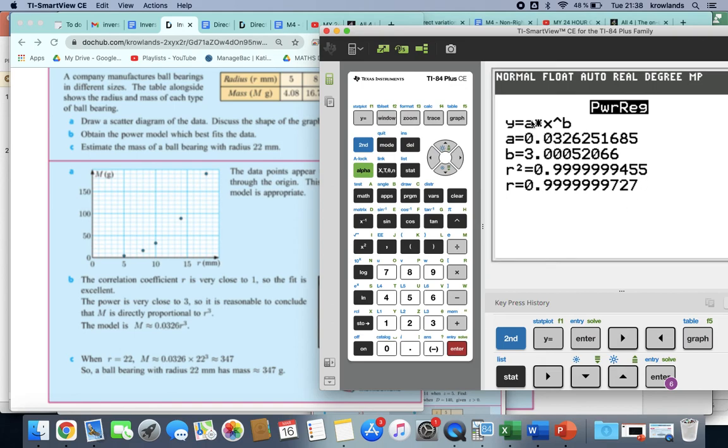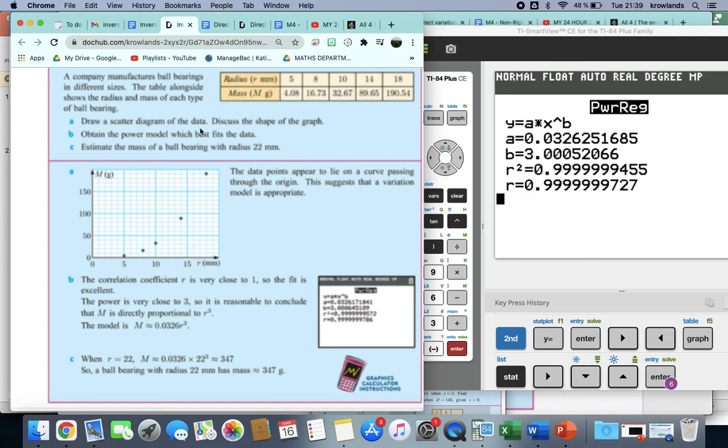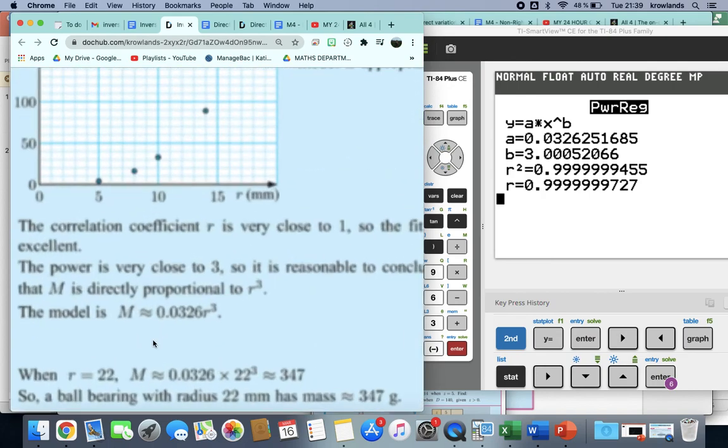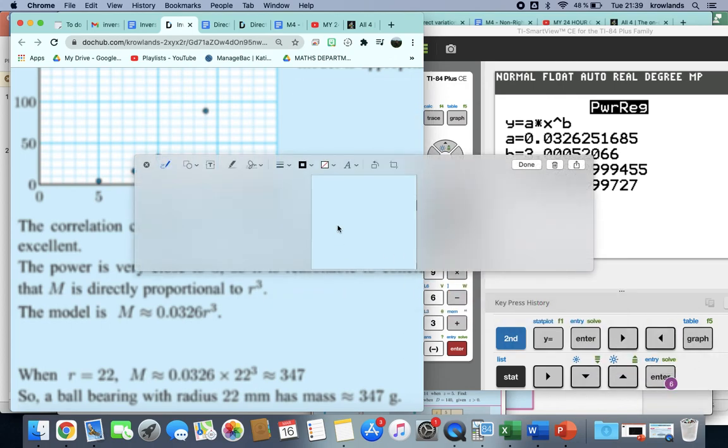So it's saying that our model suits this equation, a x to the power of b. A is less than 1, b is very close to 3, and our R value, Pearson's, is very, very close to 1. So these are our conclusions. We have M, which is our y, is proportional to, and they've used approximately proportional to, and that's quite important that you do that for these questions. If you don't remember, you could do an equal sign, but it's like a wave sign, so it's approximately equal to